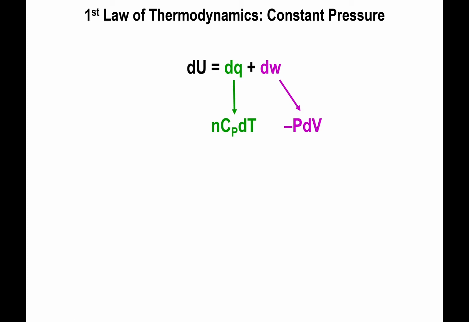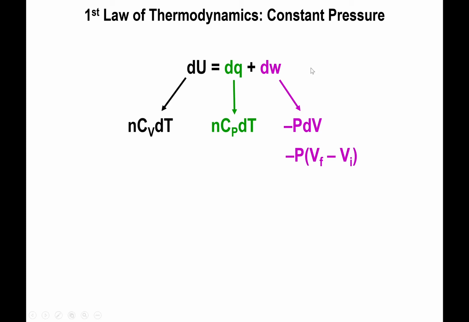Now work, on the other hand, because the pressure is constant, negative P dV is the same thing as negative P times V final minus V initial. Right? And we know that equation to be true because the pressure is constant. Alright, now finally,